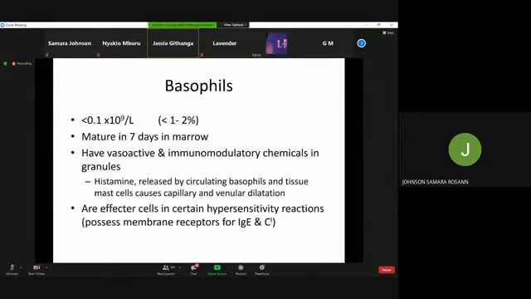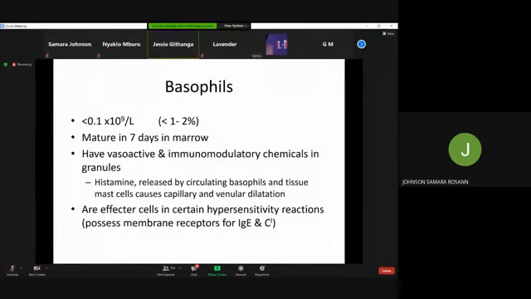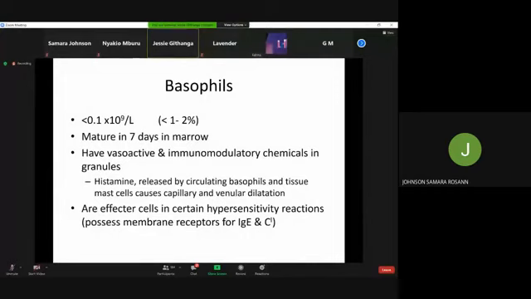We know they mature in 7 days, again very similar to the eosinophils, in the marrow. They have vasoactive and immunomodulatory chemicals within their granules, such as histamine, and these are usually released by basophils and also other cells, which are the tissue mast cells, which are very closely related to basophils,